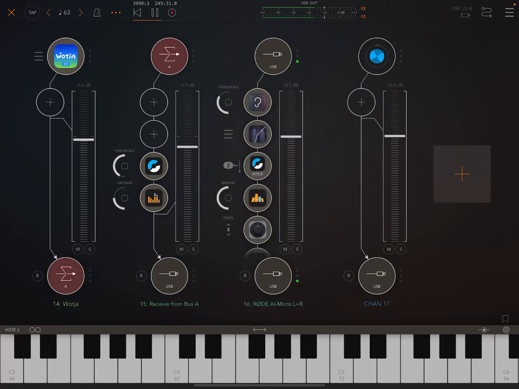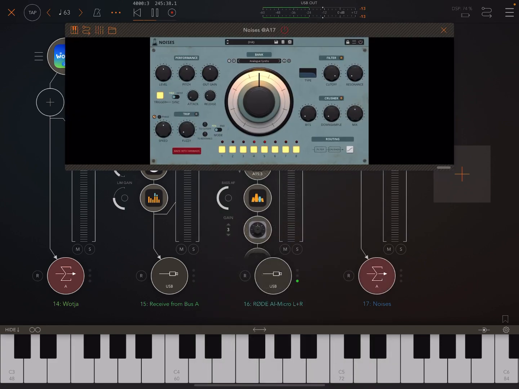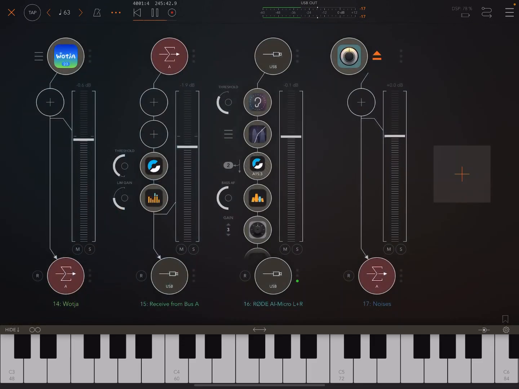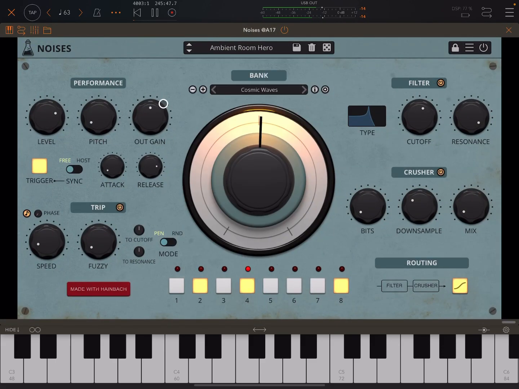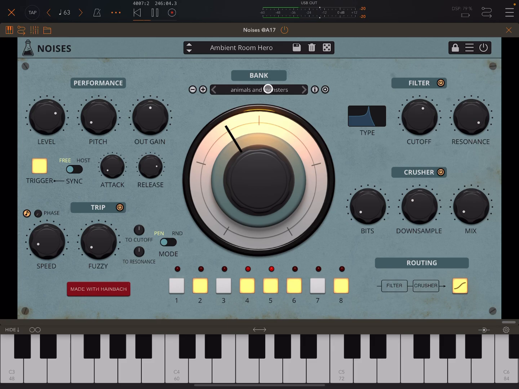And then one app that I forgot to include here: Noises. I did a spoken walkthrough on this the other day, and this is a really cool app. Again, like I say, I did a walkthrough on this recently, and my iPad is about to die. But basically what you have is a bunch of different banks that were created by Hainbach,